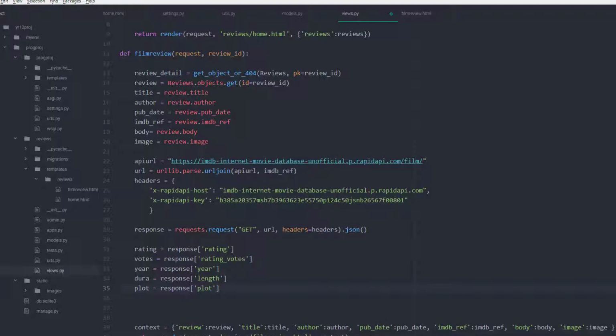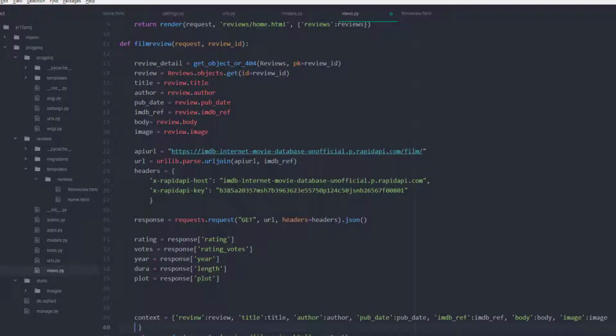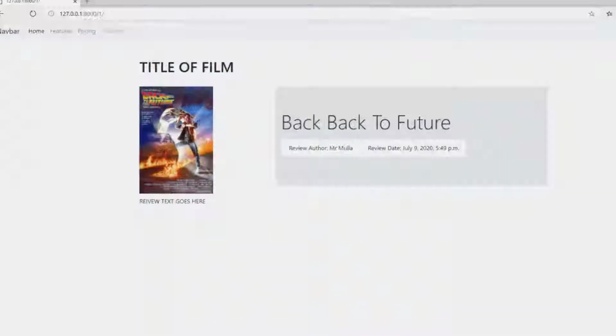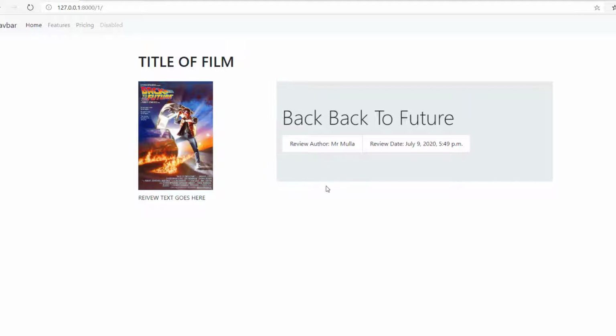Okay, so I've added a few more in, and now what I really need to do is just put that into my context as well. So I'm going to put some more in here. I think that's done. Now let's try and add some of that stuff in. So if we go back to our film review page, at the moment it looks like this. So I want now a new row with some of that information in it. So actually I might do something similar to this, but